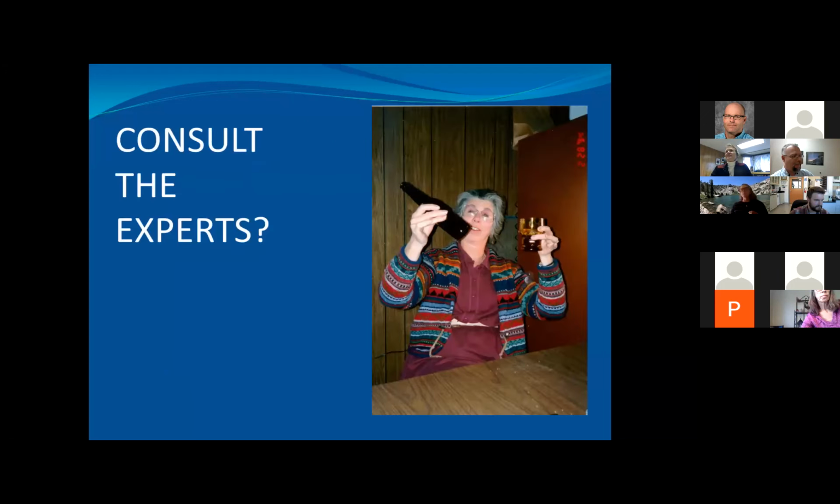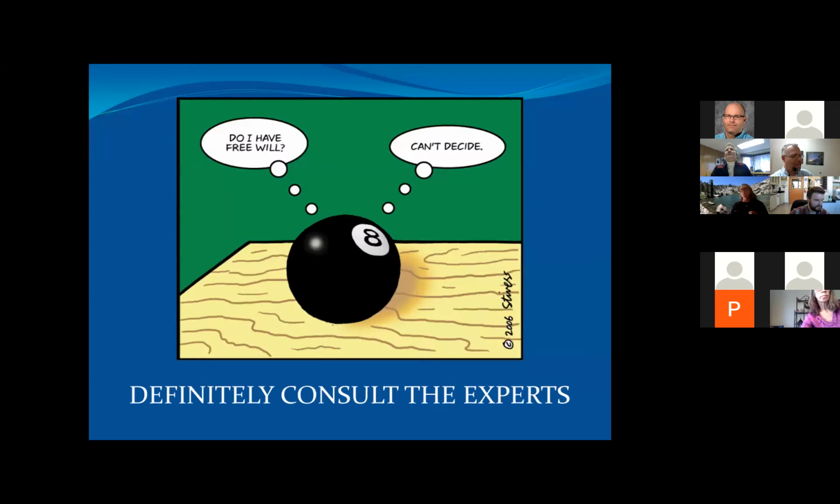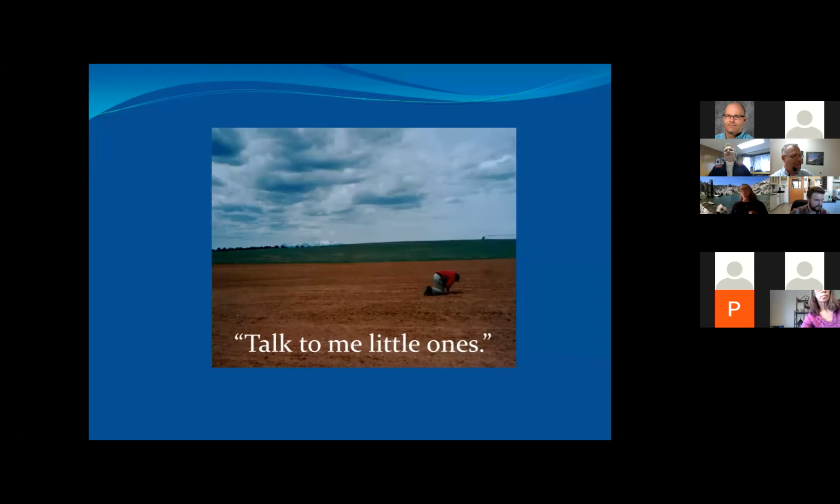That is my mother. One of the side hobbies was experimenting with beer brewing for a while there. And we continued to consult the experts and still can't fully decide what the right answer was, but we did finally stumble into growing native grasses and wildflowers. We started out with just a few crops and learning what to do. This is my father, and he is trying to encourage growth of things that we don't really understand. Once you put that seed in the ground, there are a lot of factors that nobody can really control. We think we know a lot, we do a lot of the right things, but sometimes it's just not there.